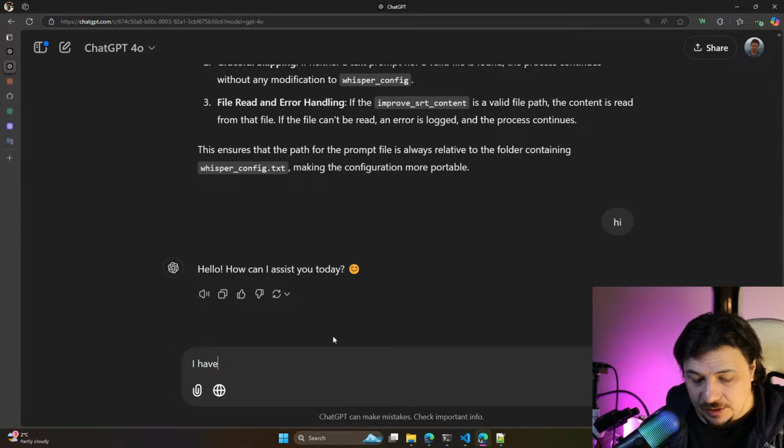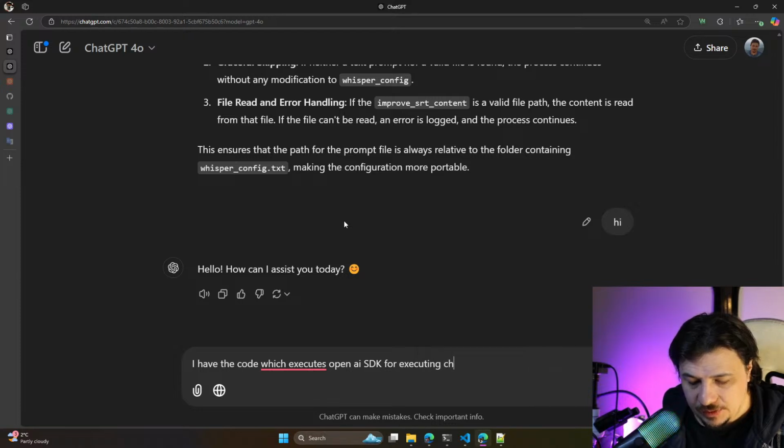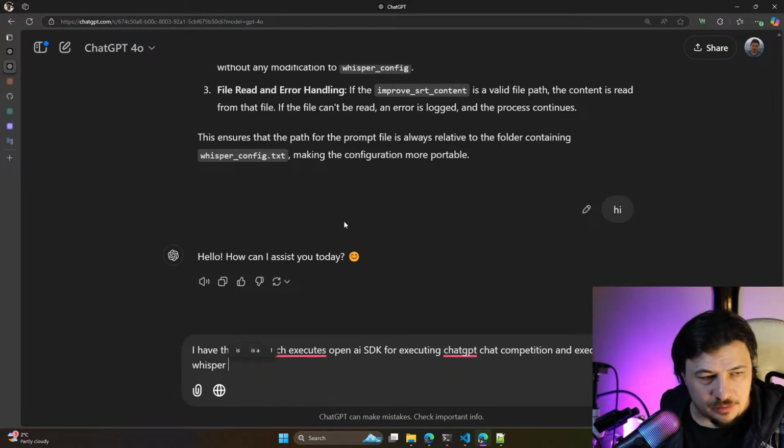I have code which executes the OpenAI SDK for executing ChatGPT completion, and executing the Whisper model for transcribing.